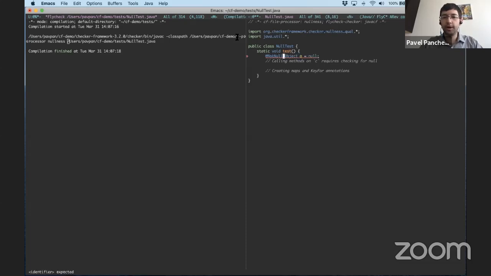But if I want to invoke the Checker Framework, I use these things called annotations. The annotation here, NonNull, is something that is provided by the Checker Framework. In particular, I've imported it here from the list of qualifiers, what I've been calling conditions, in the nullness package. And you can see in the bottom right of my screen, if you can see it.